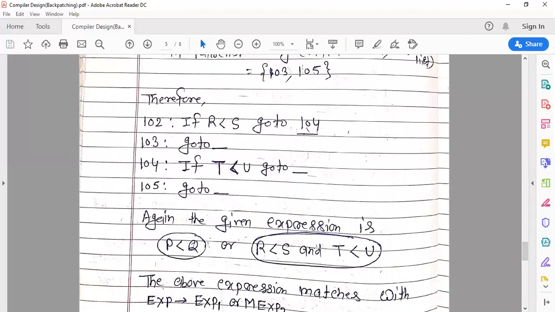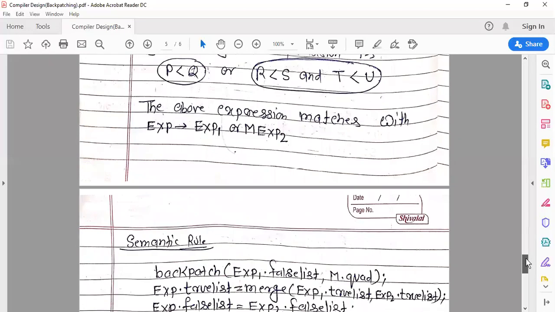This is the second pass, and now when you move above, we have p less than q or r less than s and t less than q. This is the OR operation, and the expression matches exp derived exp1 or m exp2.